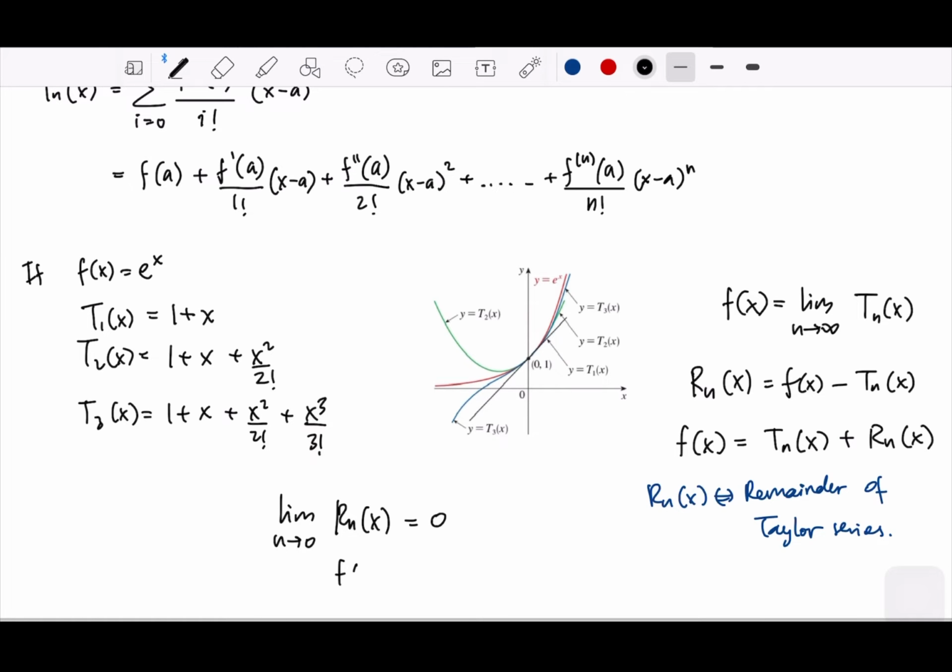So that the function is equal to the limit of n